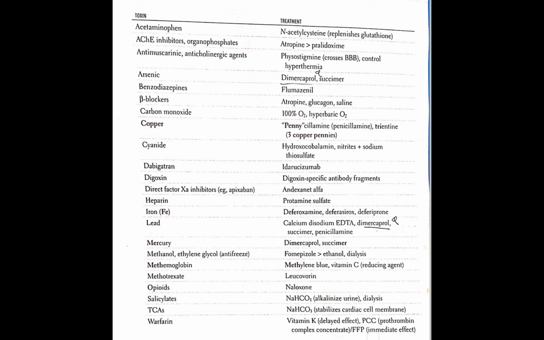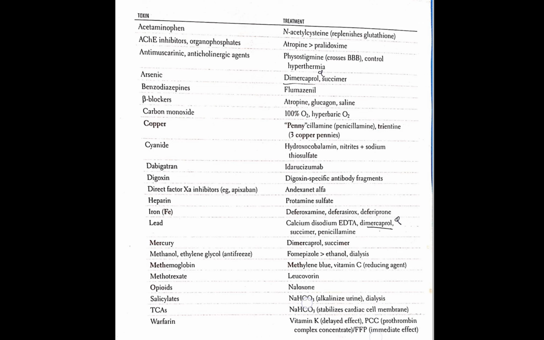Then methanol or ethylene glycol: fomepizole, or ethanol, and dialysis. Methemoglobin: methylene blue and vitamin C. For methemoglobin we use methylene blue and vitamin C. Methotrexate: leucovorin. Opioids: naloxone. Salicylates: sodium bicarbonate. Here, sodium bicarbonate just